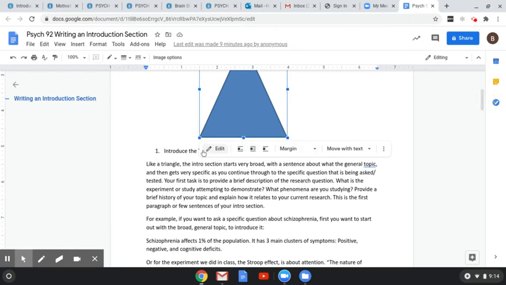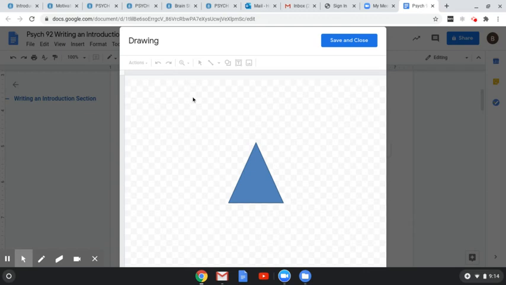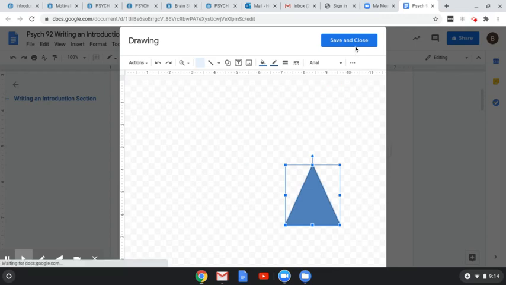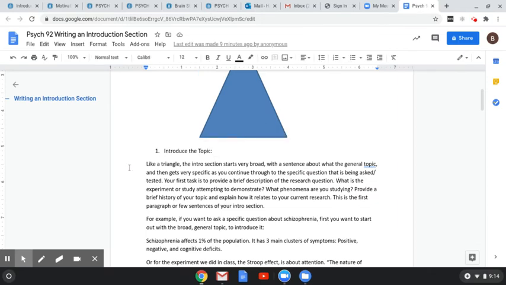oh, here's edit. Let's see. I don't really want to do anything with that. Okay, so let's just, nope, I'm just going to save and close. Sorry, trying things as I go. So let's get out of there. Okay,